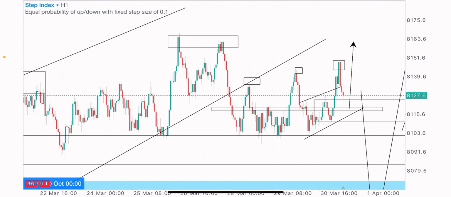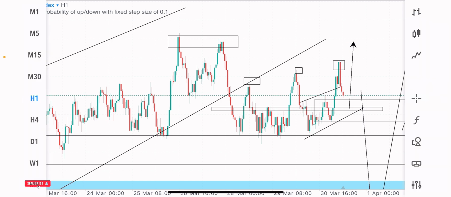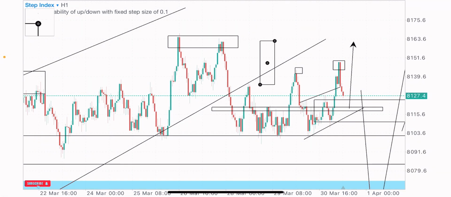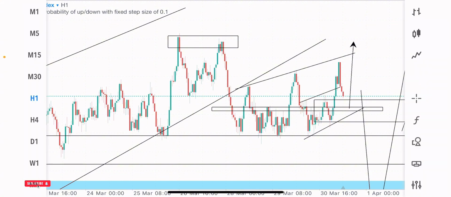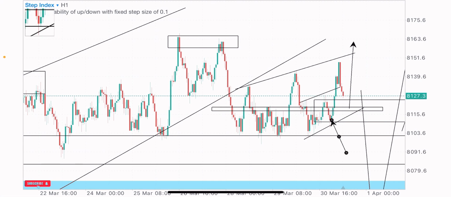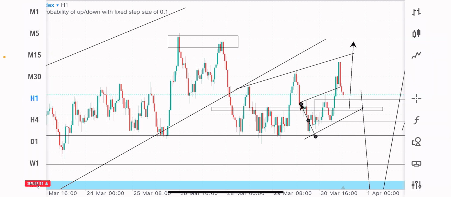So we should pay attention to our short-term bullish view on this index and look out for possible buy opportunities because we're expecting the buys. And we can see market formation already on the 1-hour time frame, which is looking bullish. This index is creating 3 higher lows formation, so we could see more buys basically. Looking at this structure too below here, these higher lows and the higher highs here. So on the retest of this level, I could be looking out for possible buy opportunities on Step Index, and